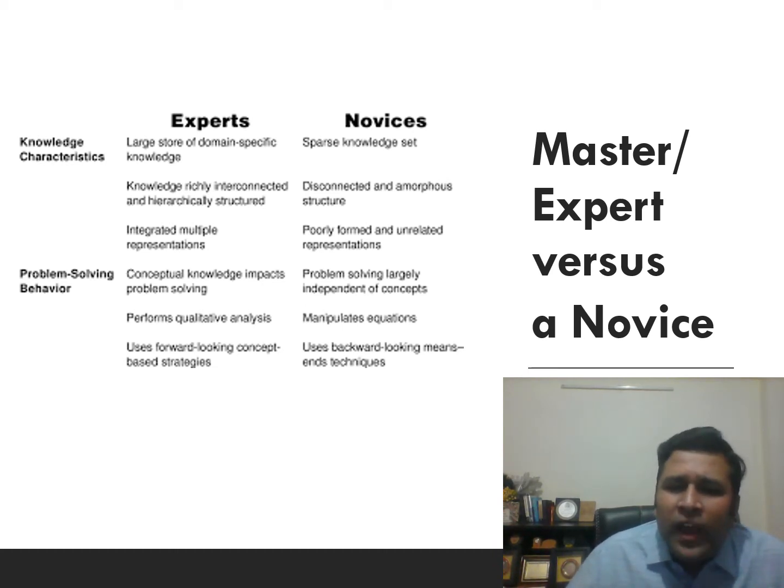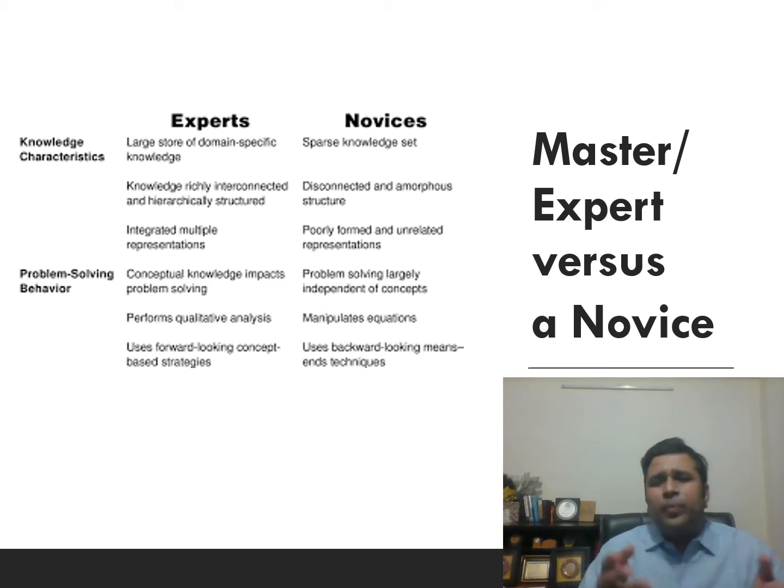And a novice is not able to relate the concepts and the conceptual knowledge to the problem solving behavior. A novice, say for example in the domain, so this example has been taken from maybe an analytical kind of a scenario, is more dependent on manipulating equations, and he is trying to play with the equations and trying to find some kind of a solution,